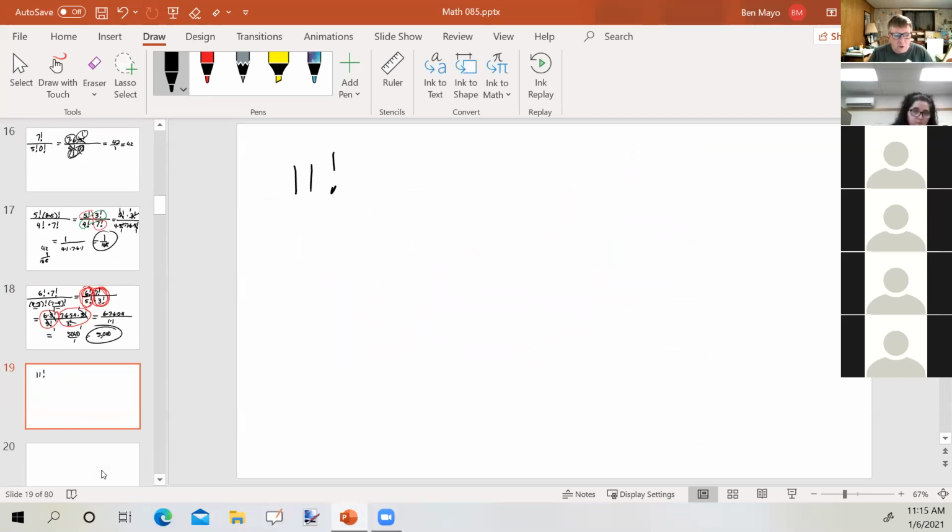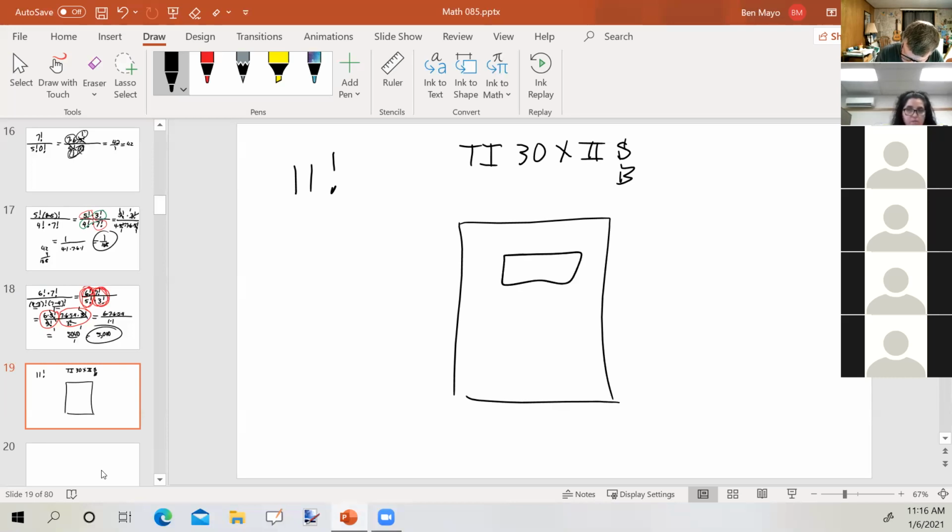Now, you could sit there on your calculator and go 11 times 10 times 9 times 8 times 7. You don't want to do that, okay? So how can we do this just by using our calculator? Well, first of all, if you have the calculator that was recommended for this class, which is a TI-30X II, and then either an S for solar or a B for battery, if you have that calculator on the screen,